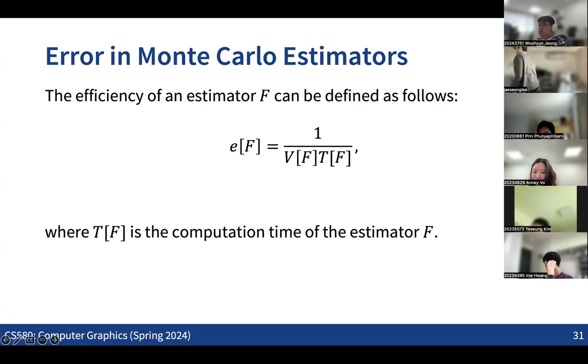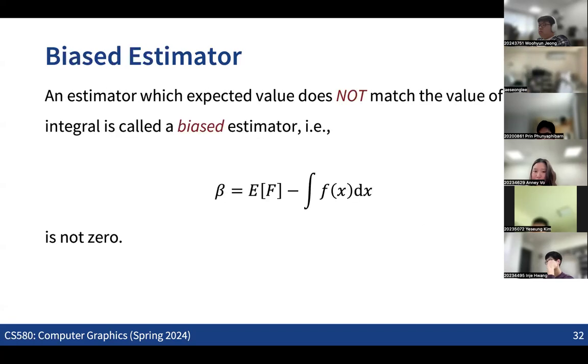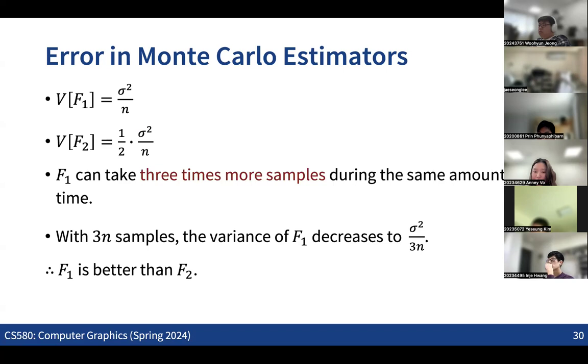Explain the F1 and F2 efficiency one more time. You can check out this example first. This is the case where we have two estimators and their variances, but we are not comparing these two variances directly. We are actually computing the variances with the number of samples that we can get for the same amount of